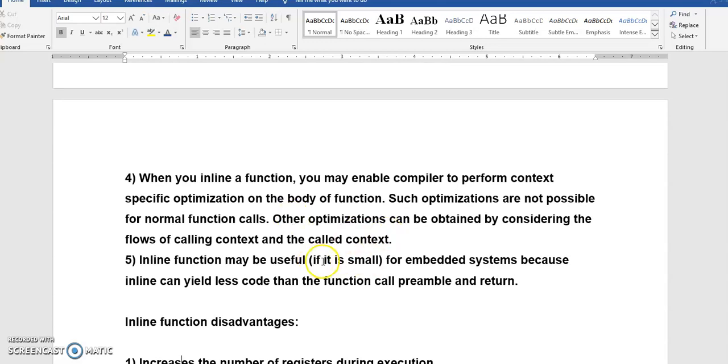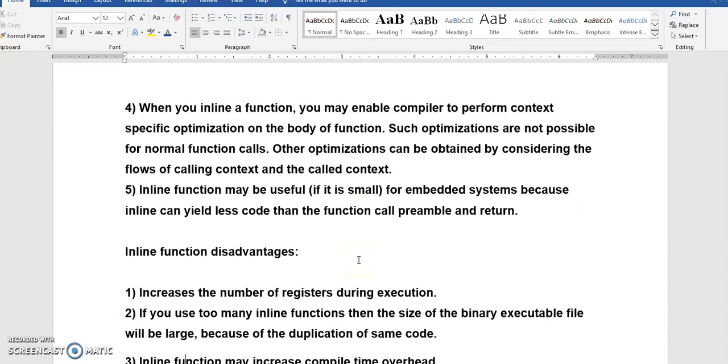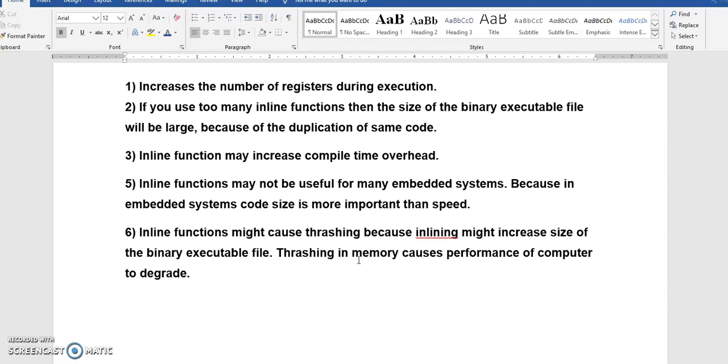Remember the statement: if it is small, it can be used; if it is large, it cannot be used. Inline functions might also cause thrashing because inlining might increase the size of the binary executable file. So I cannot go for inline functions if the function definition has more lines. If I have a minimum of 1 or 2 lines, then I can go for the inline function. Otherwise, it will lead to some drawbacks.